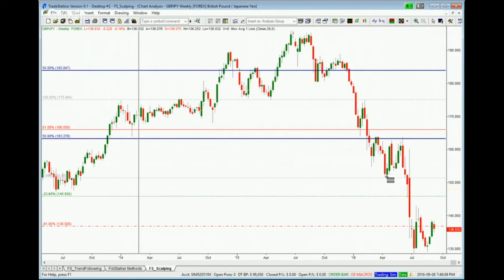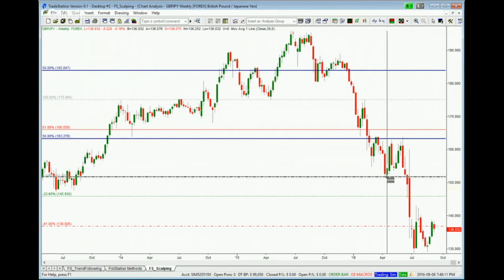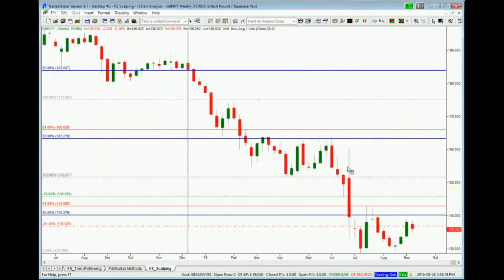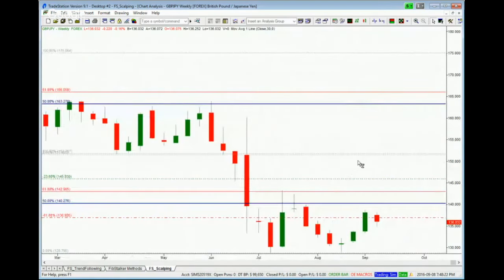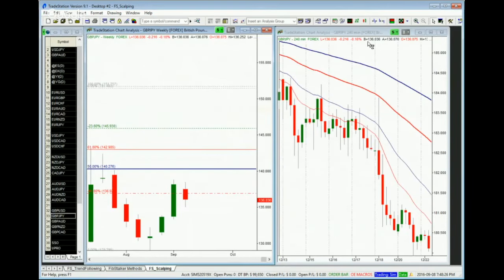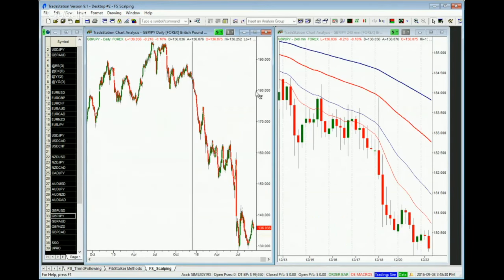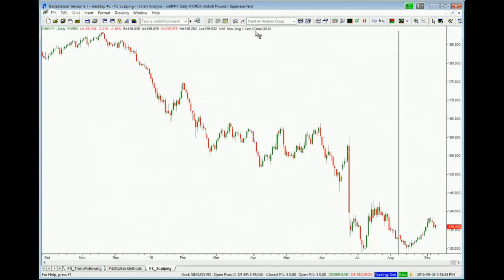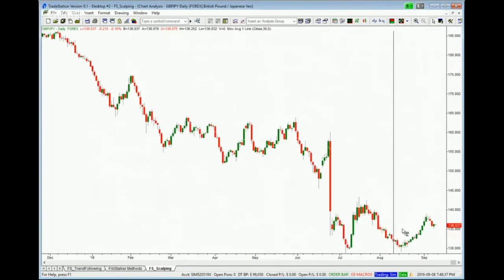So one way to look at this market is to try to see if longs or shorts are still in place here, but it is my belief here that this brief break here has actually reversed this market temporarily. And so when we study the daily here, we can see a move higher, which at the moment is kind of hitting